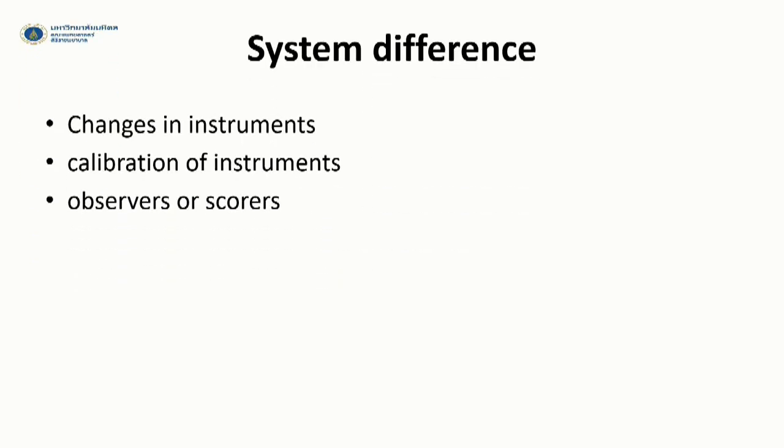System difference, let me give you an example. When I did a study many years ago, I changed the room of the experiment. Everything else in both rooms was the same. I just changed the room because there was flooding from the water outlet on the top of the room. But unfortunately, I can't explain why the outcome was different when I changed the room. It can happen. So I asked my boss, and she said that maybe changing the room affects the lights,